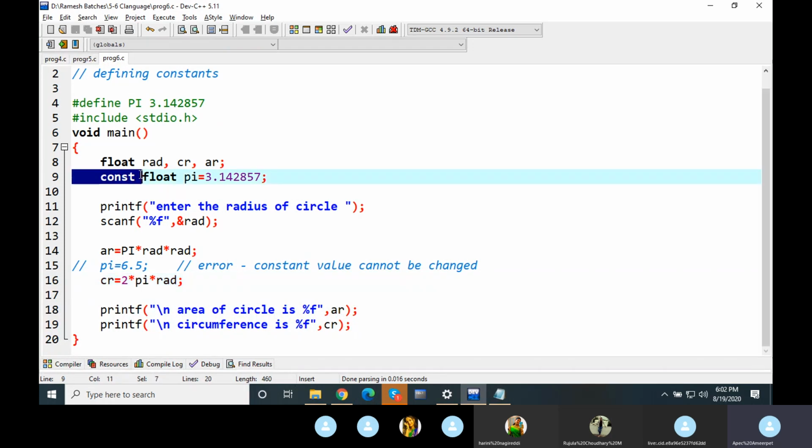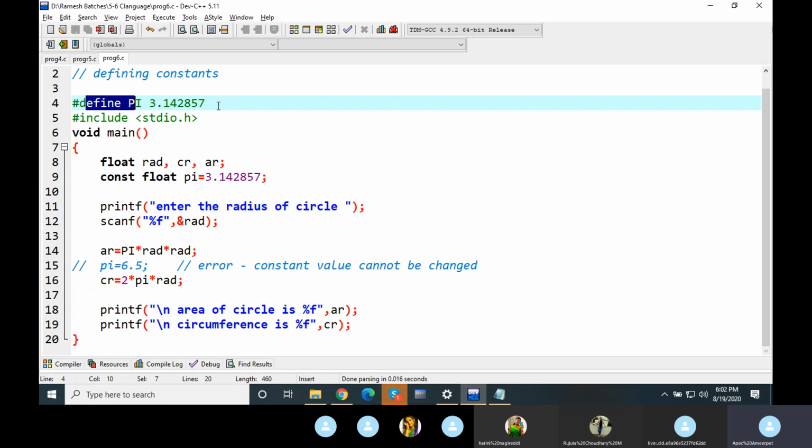A constant can be declared with a keyword called const. When you are writing it as const, you have to declare the data type of the variable, the equal to symbol has to be given, and the value. Semicolon is required. If you are defining it with define, no semicolon, no equal to symbol. Generally use capital letters, and data type names are not needed. We just say define, whether it is integer or float or character, whatever. Just say define that name and value.